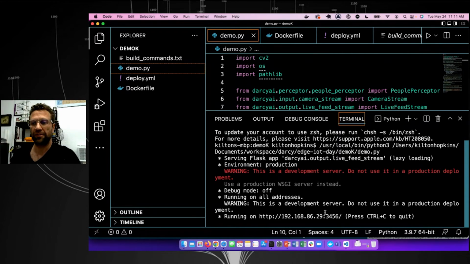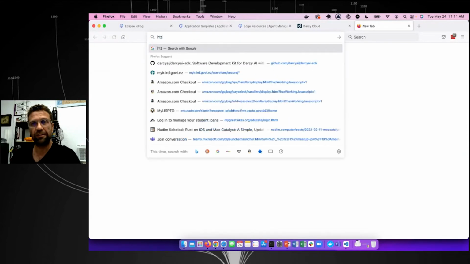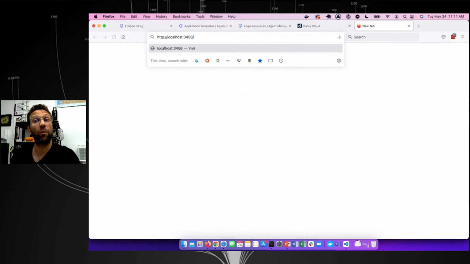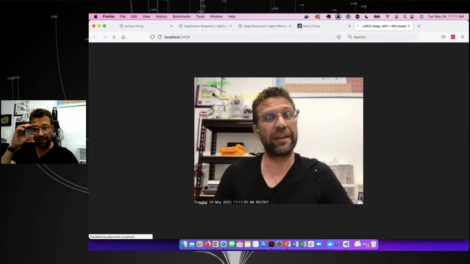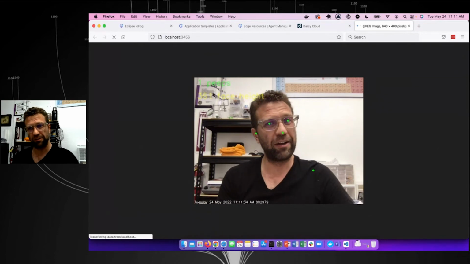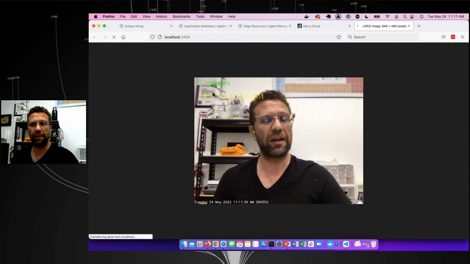And so I'll give this just a moment to come up. And when I see my MacBook webcam come up, I'll go ahead and open the UI and showcase this application that I've built and am running locally. So here I just need to do HTTP localhost 3456, which is the port that I opened in the application, and here we go. So now you can see I'm running a simple Darcy AI Edge AI application,